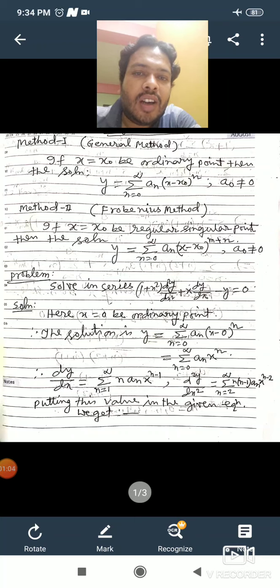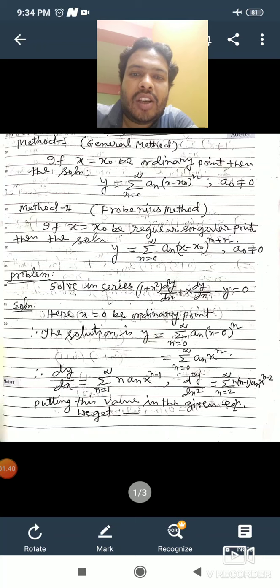Solve in series (1 plus x square) d2y/dx2 plus x dy/dx minus y equal to 0. So firstly we check that x equal to 0 is an ordinary point. In the previous class we already discussed this case. Now the solution is y equal to summation n equal to 0 to infinity a n (x minus 0) whole to the power n,